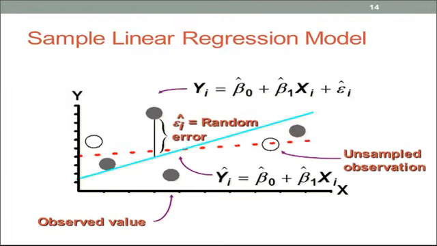Now in this particular plot we can place another line like this. We can show a blue line over here, which is a regression model. Here epsilon i cap is another random error. So we can find out these random errors with respect to the actual and the estimated values, which lie on the line equation over here, and we can also find out the relationship among the unsampled observations as well. So here yi cap is equal to beta 0 cap plus beta 1 cap xi.